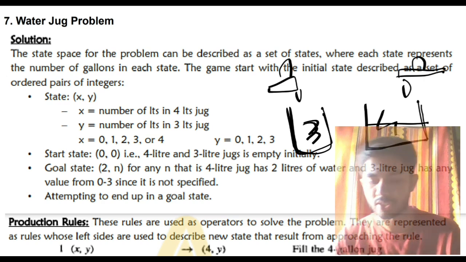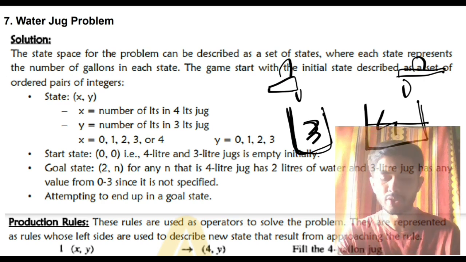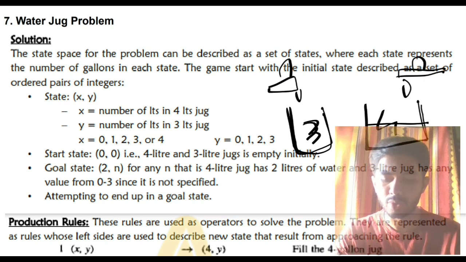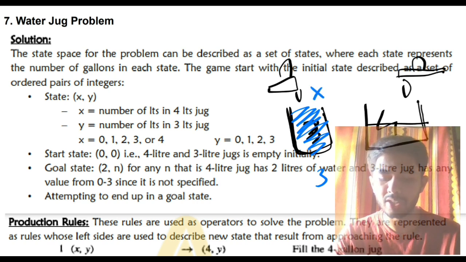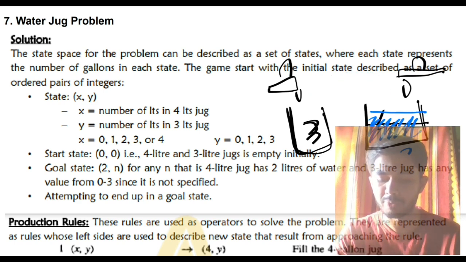The first thing is that I'll explain the solution. First fill the 3-liter jug full. Keep imagining I have filled 3 liters here. Now how much water is here? Obviously 3 liters. Now I'll empty the 4-liter jug and transfer this into it. So here I'll have 3 liters, that's for sure. Again I'll fill the 3-liter jug full. Now here 3 liters is there.